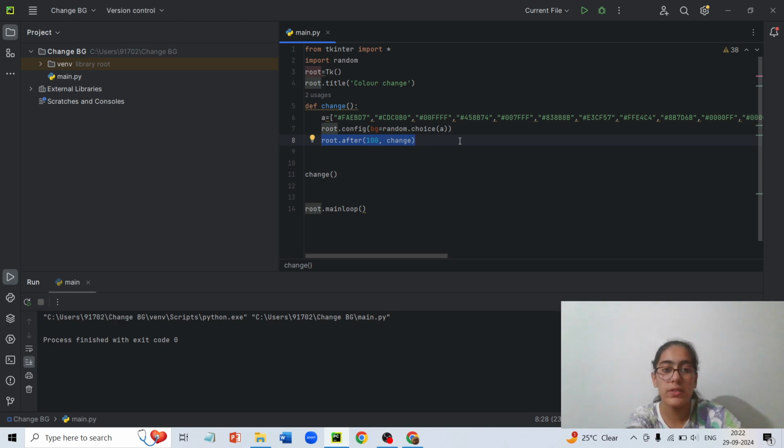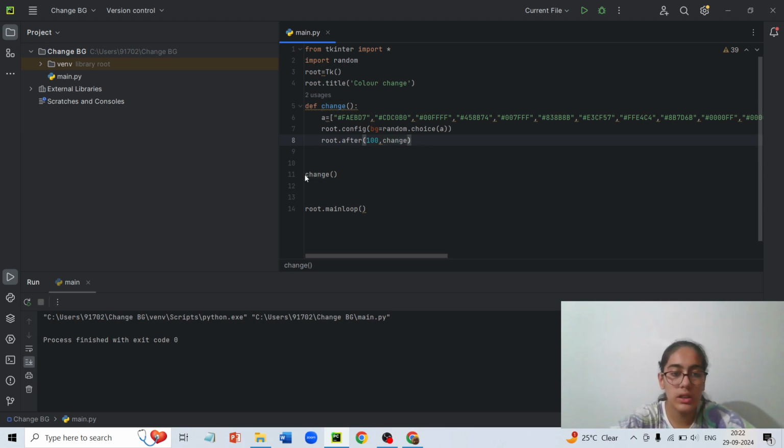Root.after means after this many milliseconds we want this function to be called. So after 100 milliseconds we want the change function to be called. This is what we have over here.